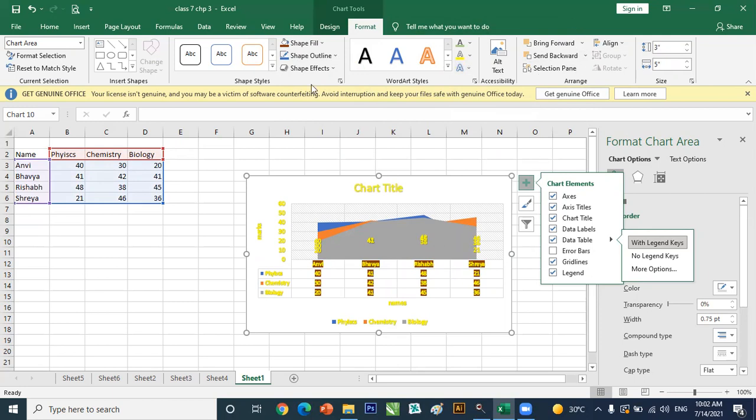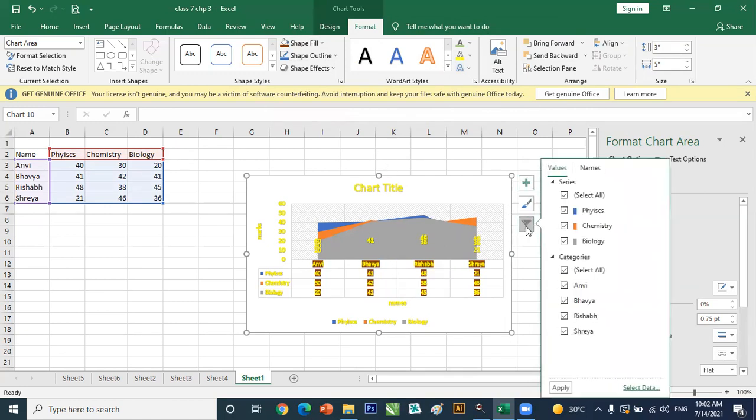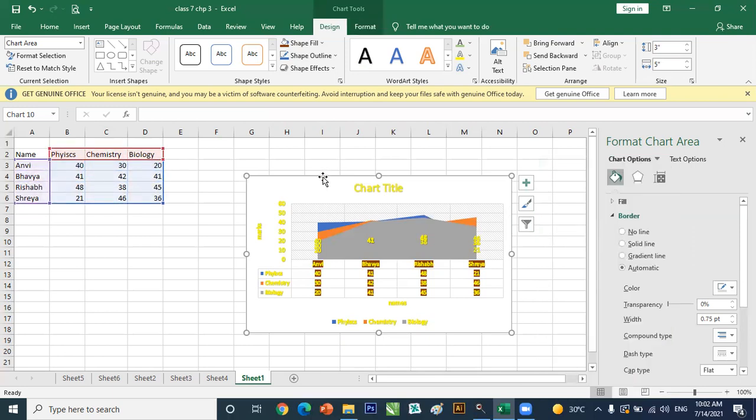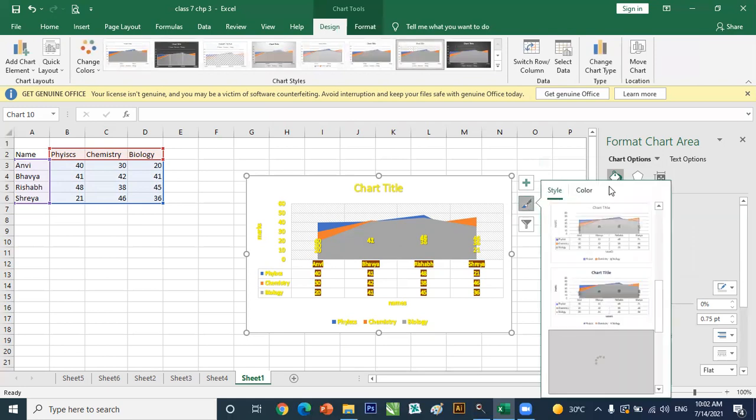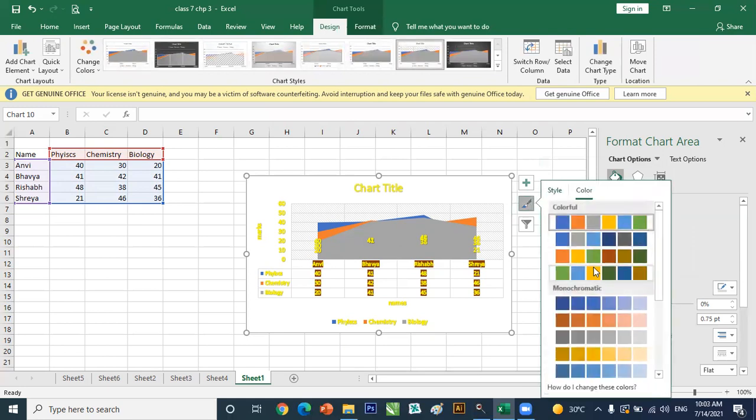In this way, we can choose any of the changes. If we want to make changes in the shape, then we can choose it from here. So in this way, we can make any of the changes to our chart. Suppose we want to change the color of these bars, then we can use it from here, values and names. Suppose I want to change the color of this chart, then we can use the color from this side. And from the color palette, we can choose any of the colors. If we want to use this color, then we can use it this way. If we want to go for any different colors, then we can choose different colors.